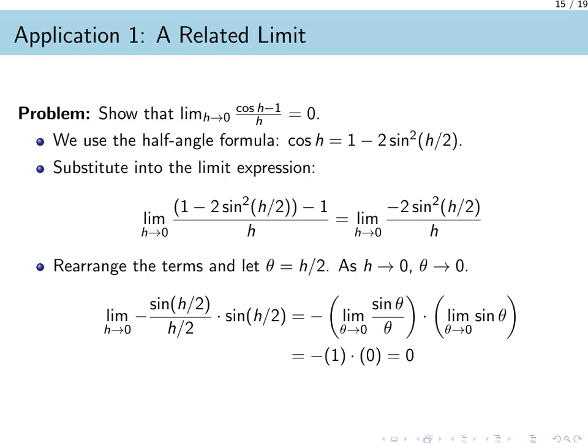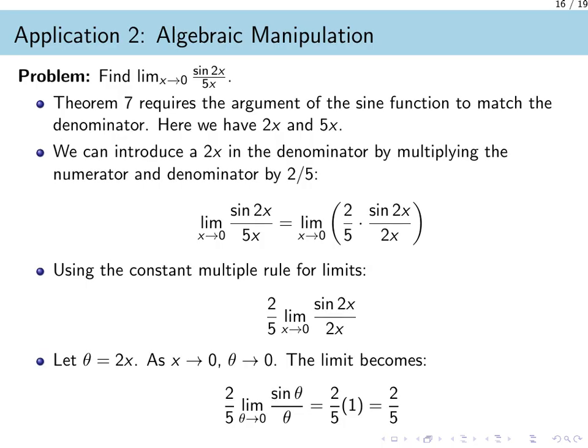We already know the first limit evaluates to 1, and the second limit is simply sine of 0, which is 0. Therefore, the overall limit is the product of negative 1 and 0, which is 0. Now, I will show you how to solve a limit that does not quite fit our standard form by using